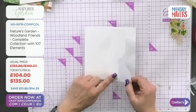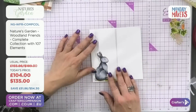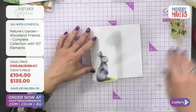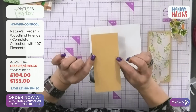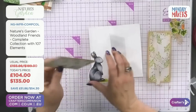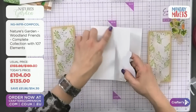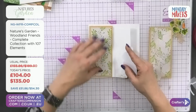Neated finish? Is that such a word? Neat finish. Yeah, a neat finish. But then you can see that I've not got any of the alcohol colour coming through there. So again, I'm going to take some of that beautiful paper from the paper pad. I've used some of the textured cardstock from there as well to create my little panels. Knowing that these are a 3-inch panel makes it very easy when you come to matting and layering, because I'm